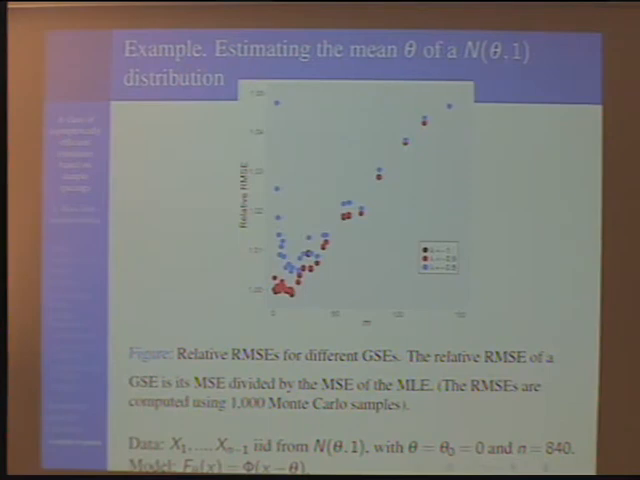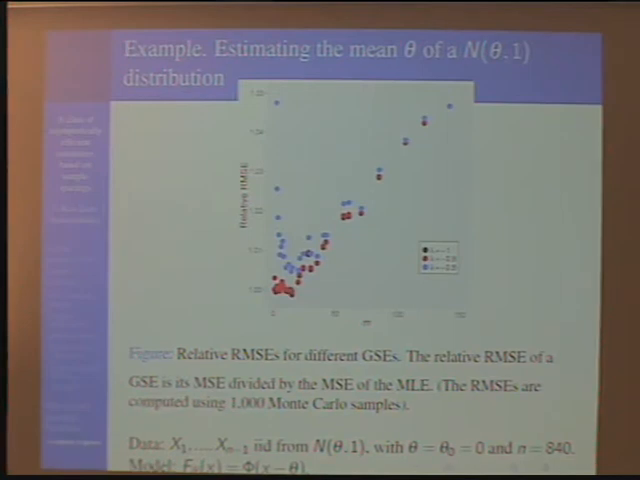How do these GSEs behave with respect to the MLEs? It turns out the GSEs behave just as well as the MLEs. In fact, see the y-axis up to 1.05. Some of these statistics are the blue dots; these blue, red, green, they're all the GSEs. And they end up competing very well with MLEs. And in fact, they do better than the MLEs